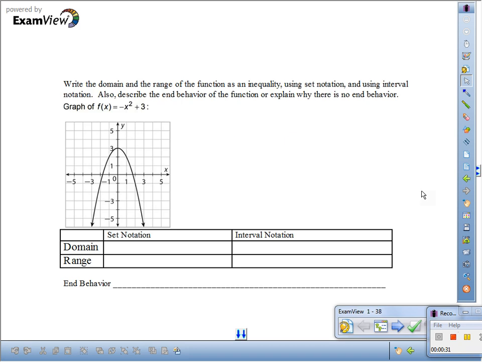Number one, it reads, graph f of x. The graph of f of x equals negative x squared plus 3 is given. There it is. In class, we actually graphed it, so I'm actually giving you the graph. So all they're asking us for is the domain and range, and when you zoom in,